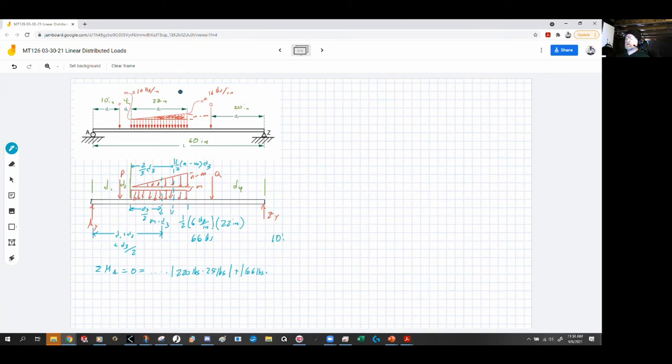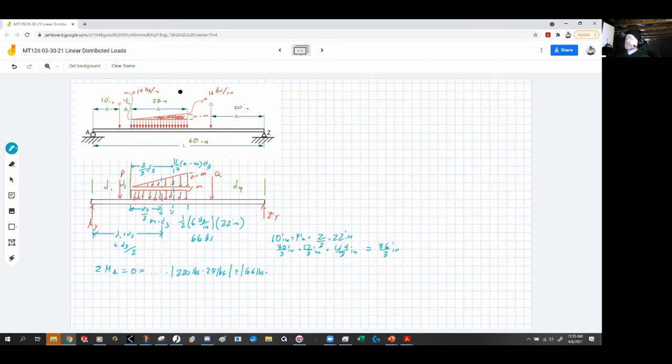So 10 inches plus 4 inches plus 2/3 times 22 inches. You might think I'm crazy, but I'm going to put this all into fractions here. So this is going to be 30/3 inches plus 12/3 inches plus 44/3 inches equals, okay, you got 42 plus 44,